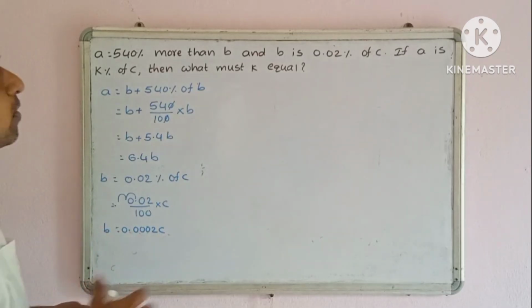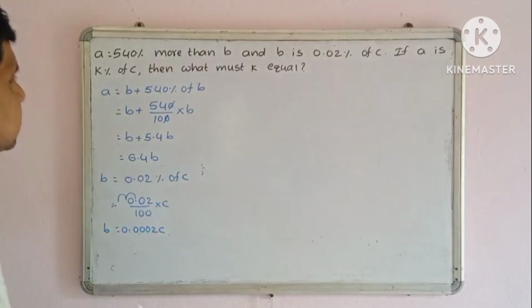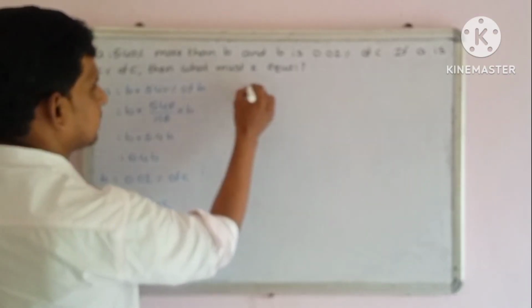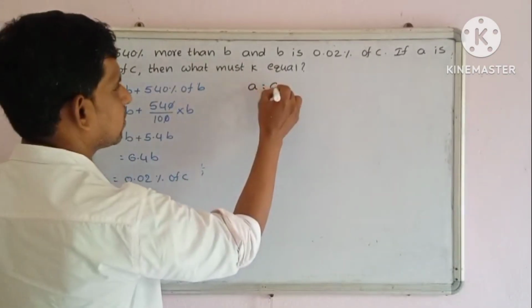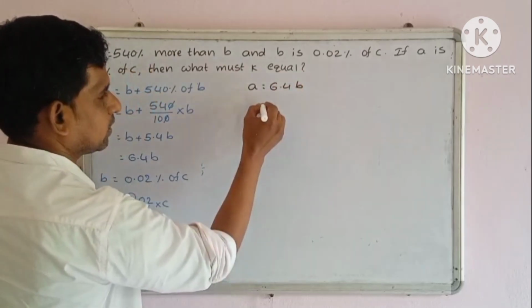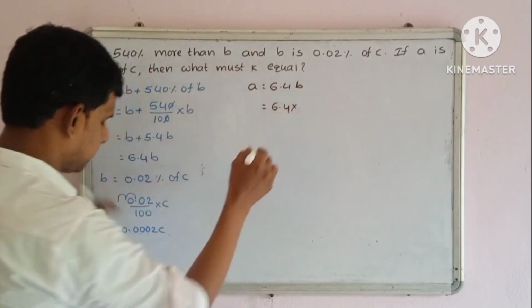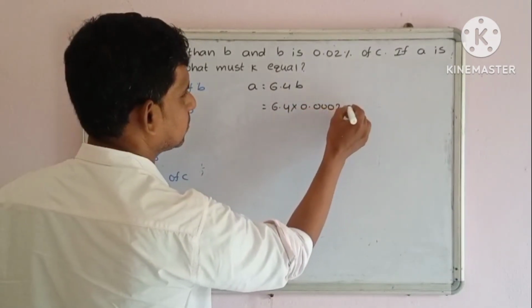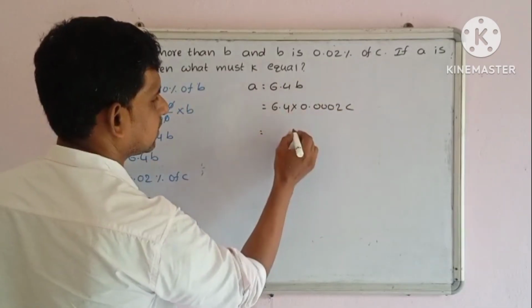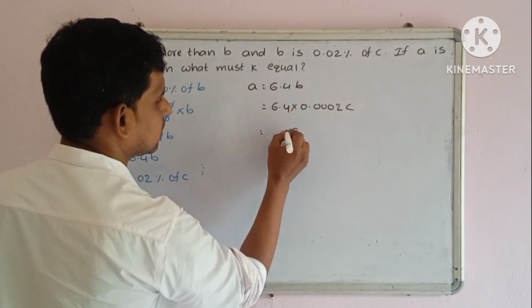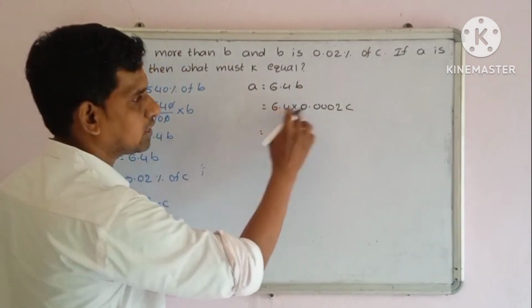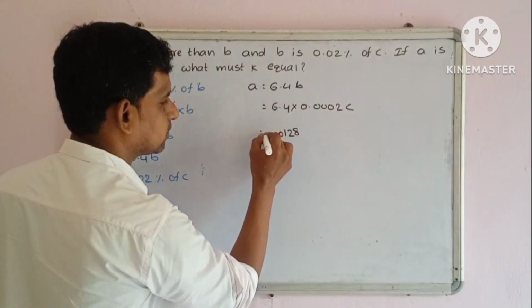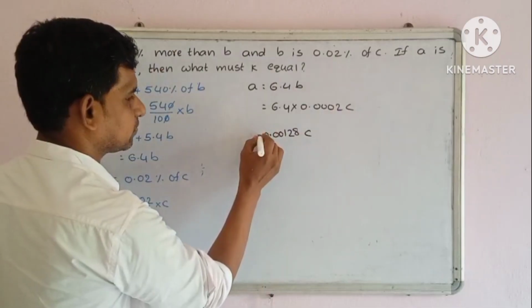Now the question is, if A is K% of C, then what must K equal? Suppose A equals how much? 6.4 of B, 6.4 B. That equals 6.4 multiplied with the B value, 0.0002 C. So 2 4s are 8, 2 4s are 8, 2 6s are 12. So there is one decimal place here and 4 decimal places here, total 5. 1, 2, 3, 4, 5. So A equals